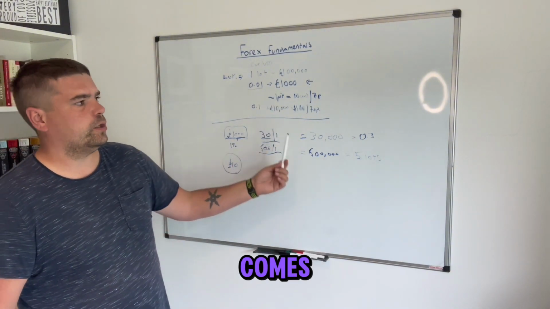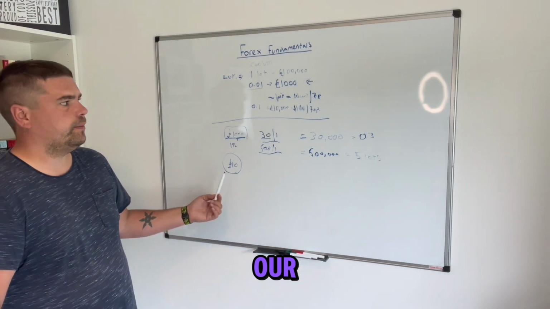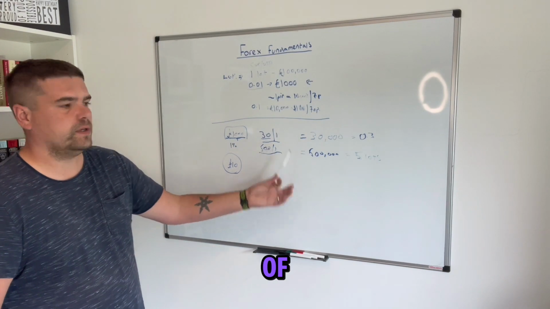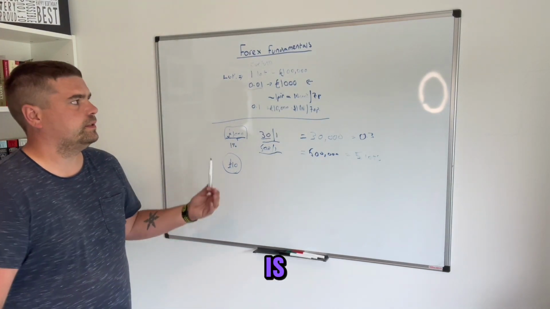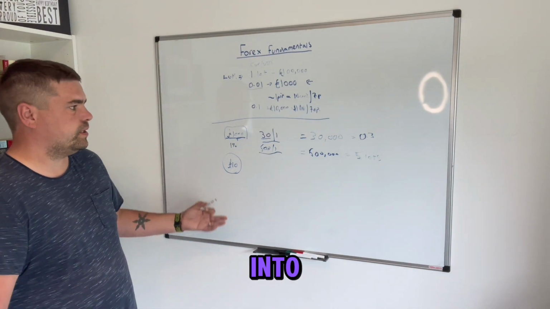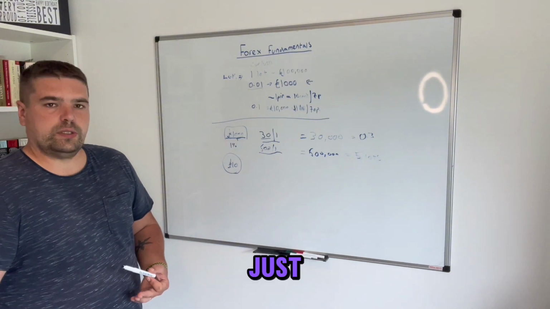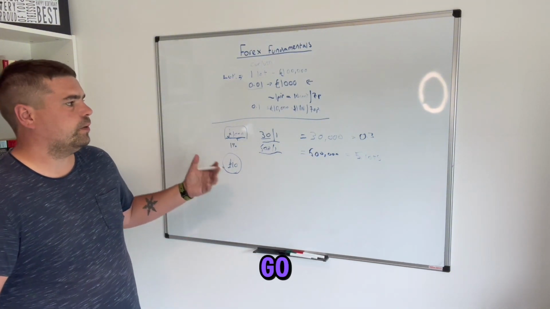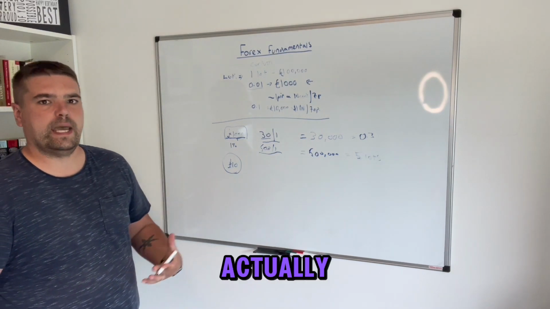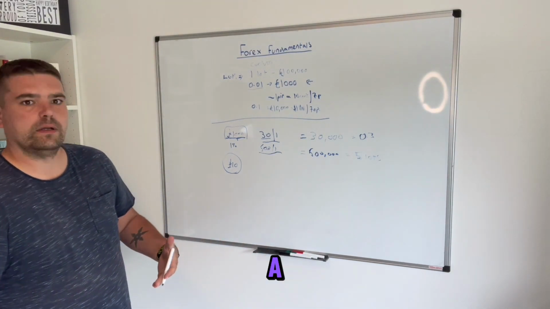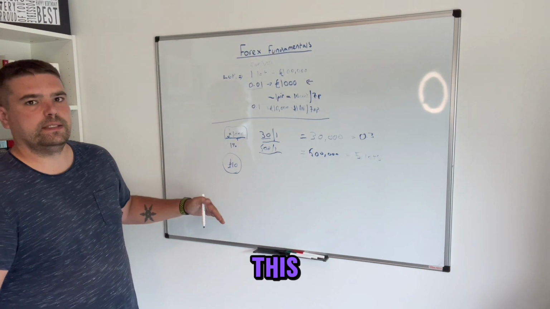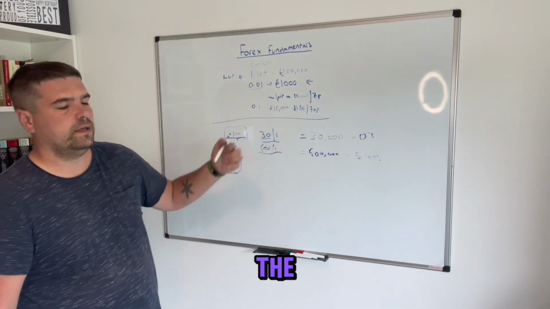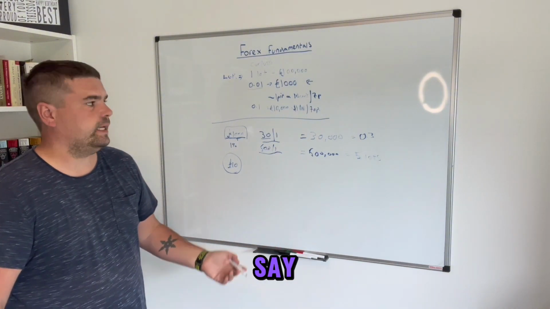But just when it comes to working out our risk and how much we want to buy or sell of a certain instrument, this is what I wanted to go into, just to make sense of the examples I'm about to give, which will go into what actually happens when you buy or sell a currency. I felt I needed to give you this explanation first so that you can understand the figures that I'm about to say